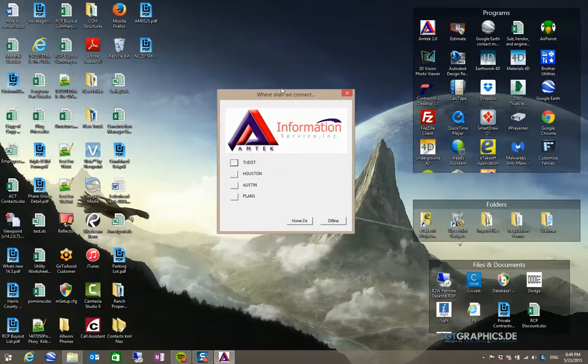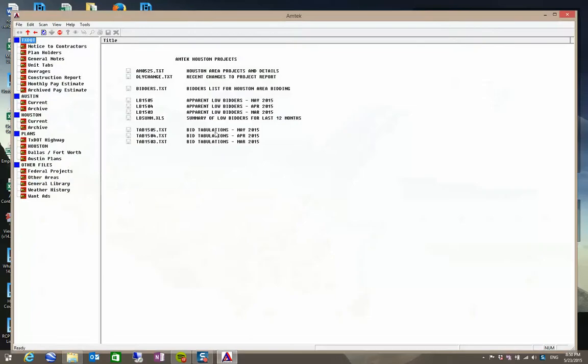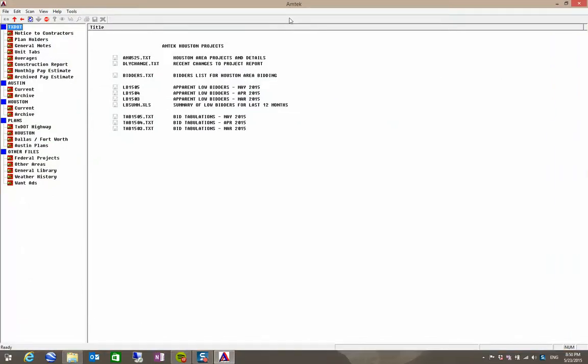This is going to bring up a window that gives you a couple options for TxDOT, Houston, Austin, and plans. All of these will take you into the software. We're going to start with Houston. You can see the TxDOT, Austin, Houston, and plans menu options here on the left still. Currently, we're in the Houston current